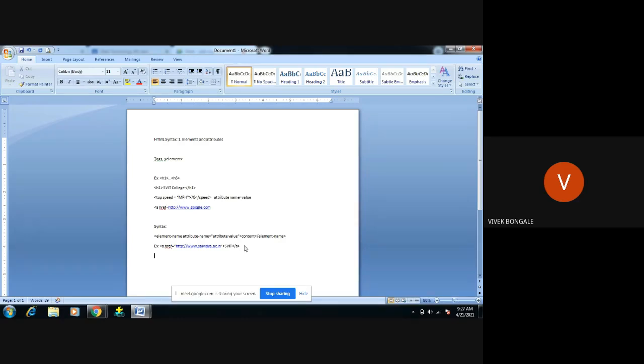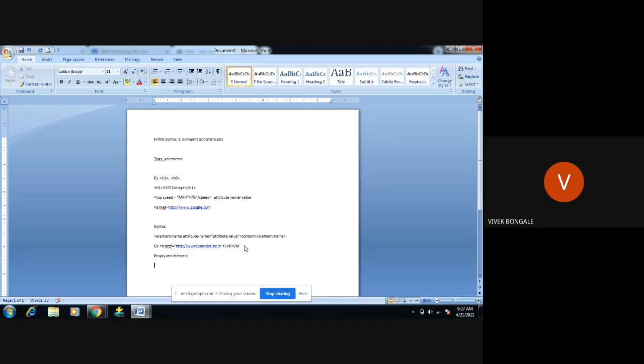Then we have one more type of element in HTML, which we call an empty text element. Empty text element means we use some tags, but after using the tags there is no content or value for the browser to execute.